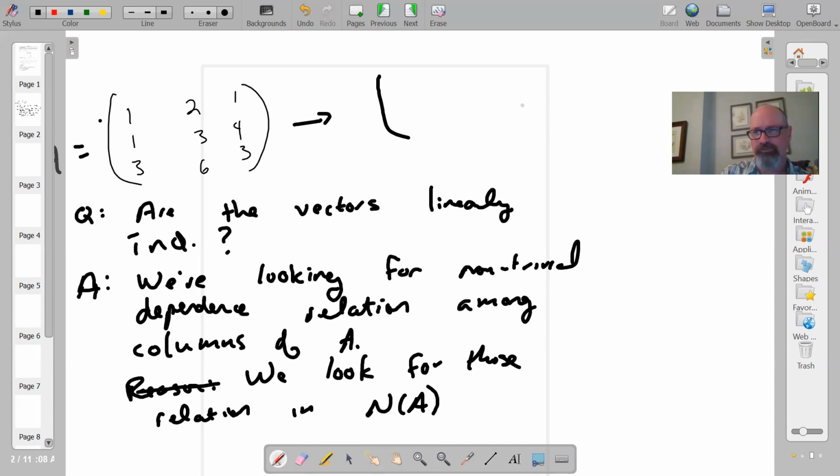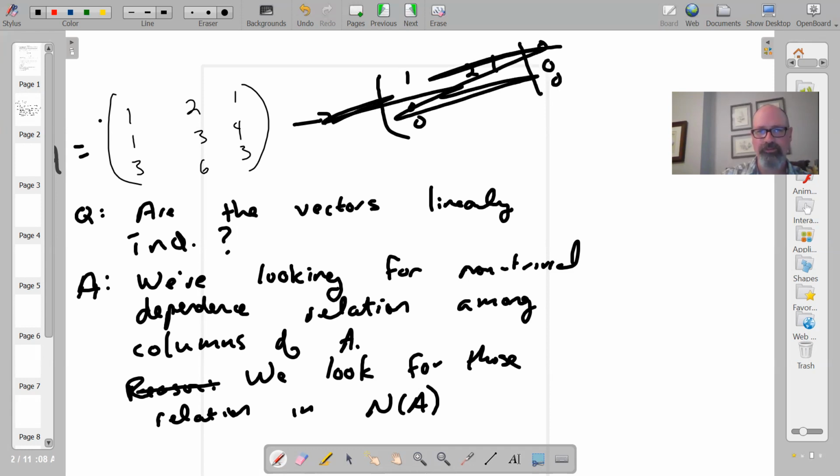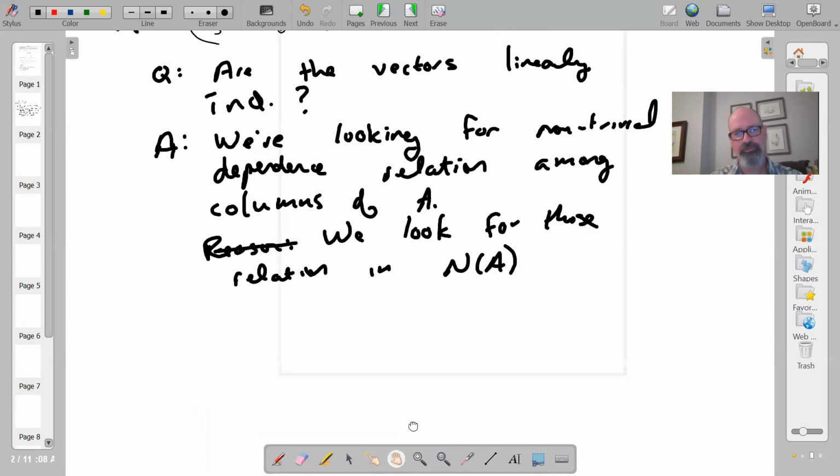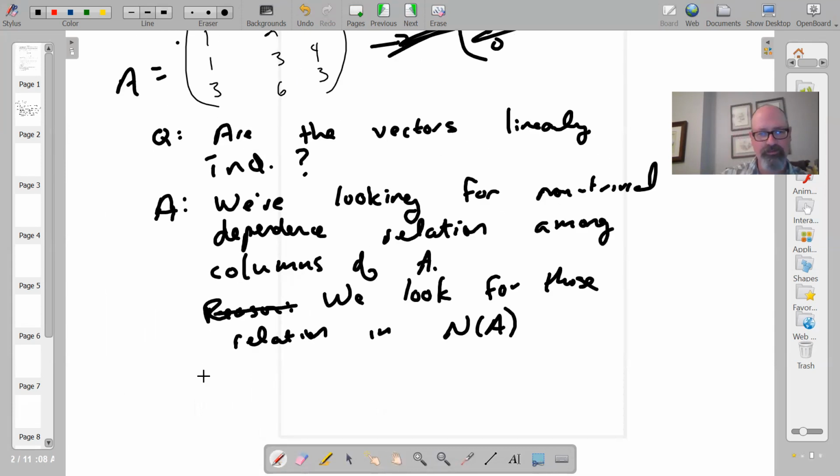So, in discussion, this matrix is convertible into something that looks like 1, 2, 1. You have zeros here. I want to think about, in fact, the augmented matrix that is associated to this matrix. So it would look like 1, 1, 3, 2, 3, 6, 1, 4, 3, and then a column of zeros.